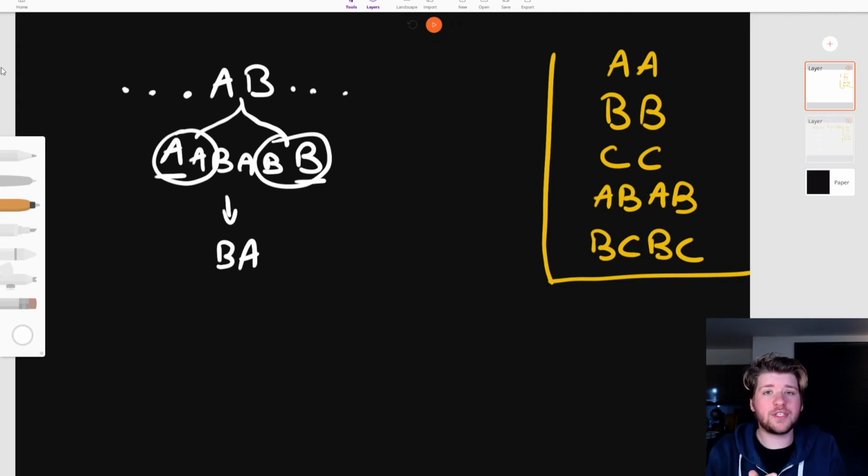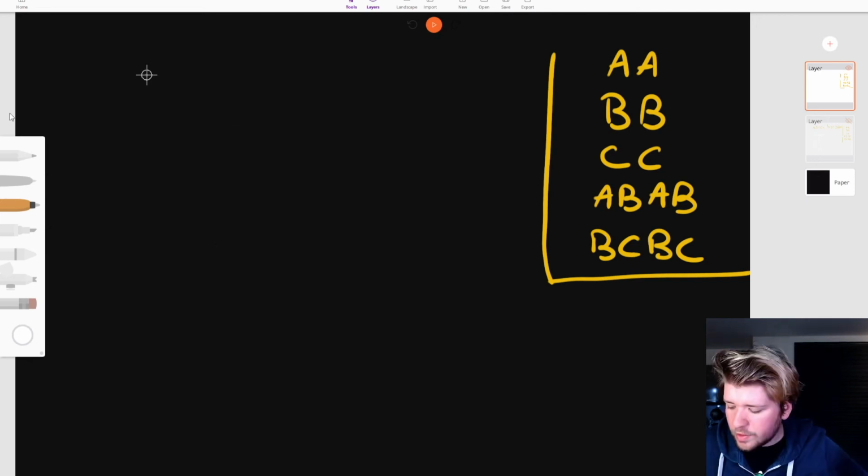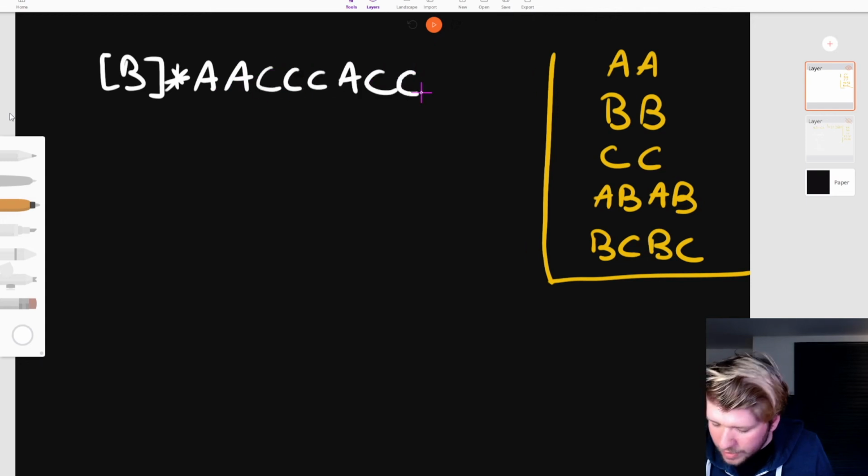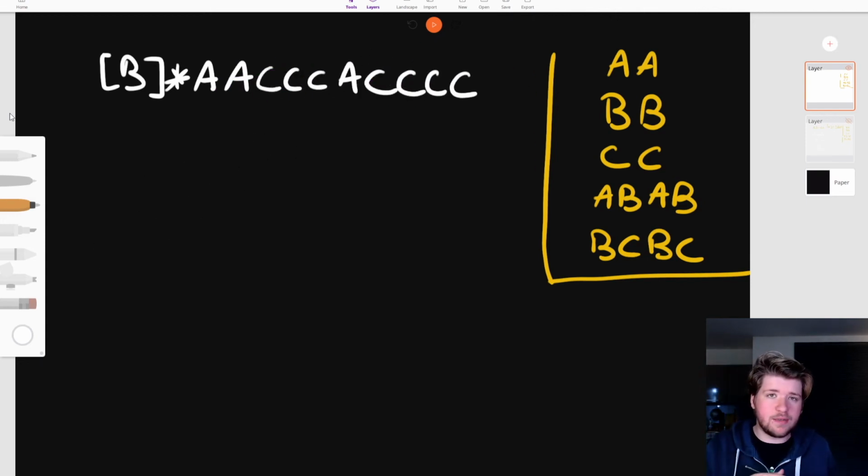So with that property, we can pretty much get the B letters out of the way, and then we'll face a problem that's a bit simpler, which involves only letters A and C. We cannot swap letters A and C, unfortunately, because here you can see in the strings we can substitute, there isn't AC, for example, which would allow us to do the swap that we did with B. So now we can consider that, well, we have a group of B here, but we don't really care about it. Then we have to think about the A's and C's that we have. So for example, we will have this problem because all the B's have been moved to the left for now.